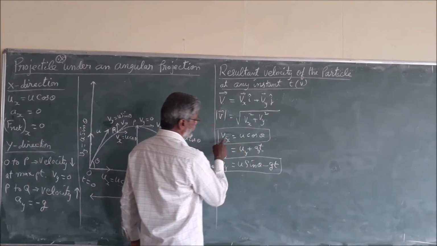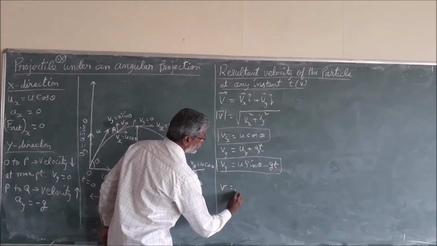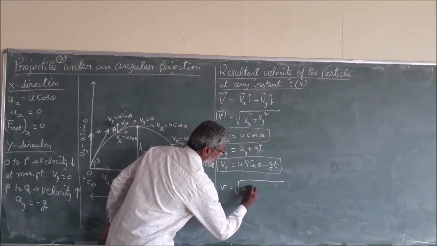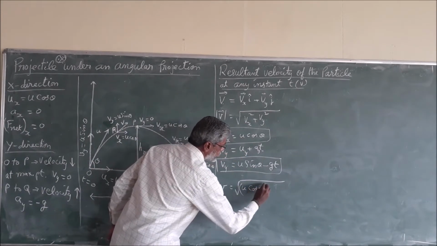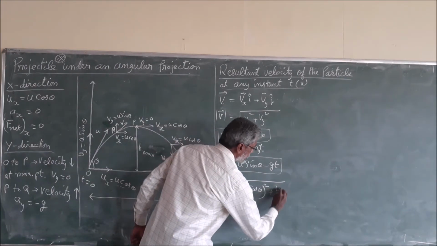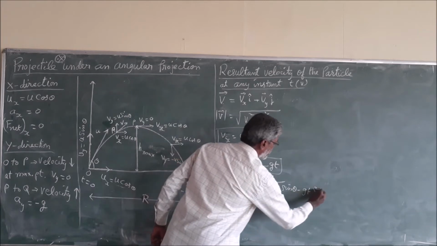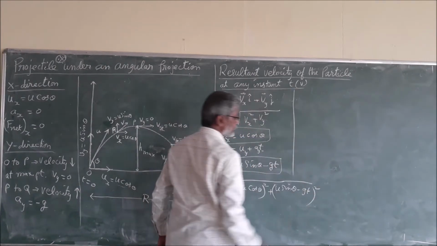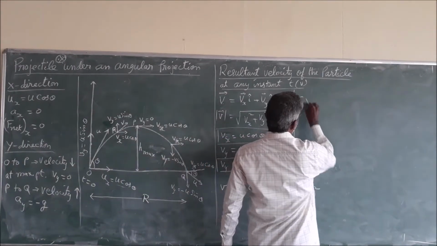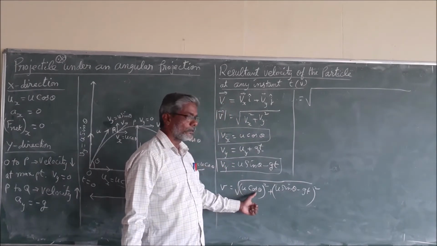Now you substitute this vx value and vy value in this equation. So v is equal to the square root of, the vx value is u cos theta the whole square, plus the vy value, u sin theta minus gt the whole square. Clear? Now you square this one: u cos theta square, u square cos square theta